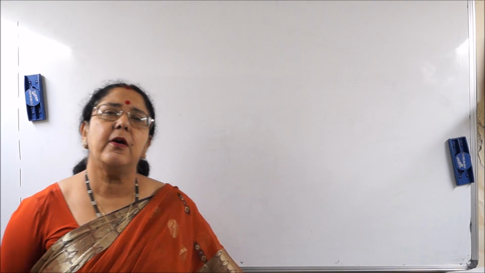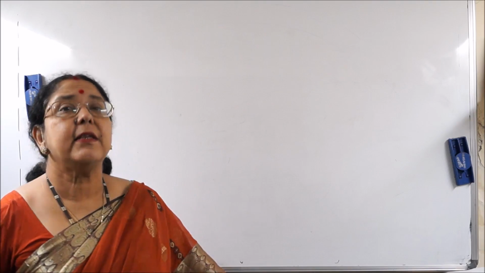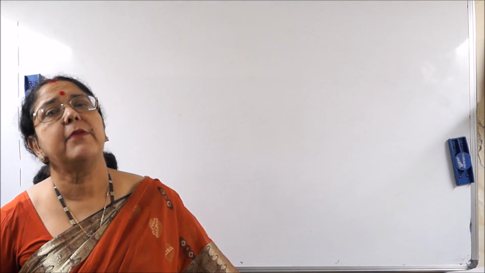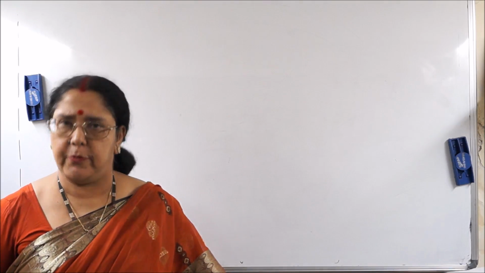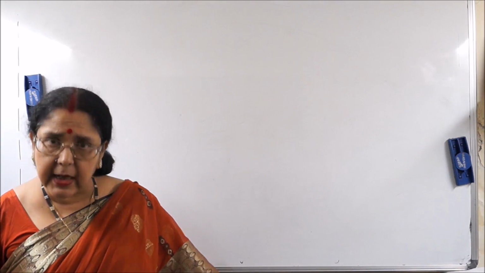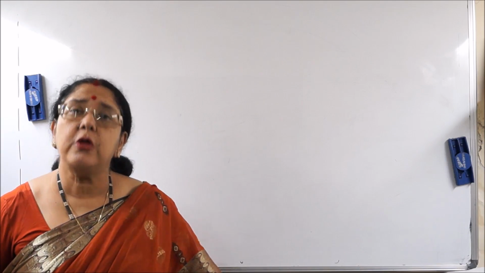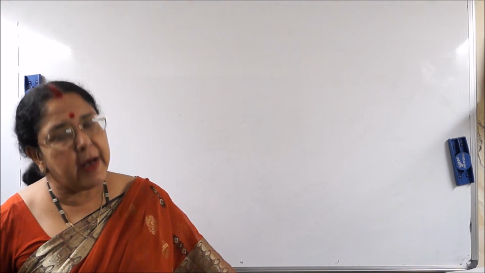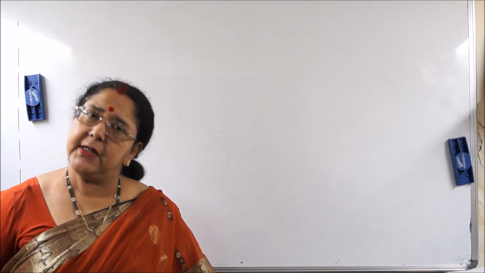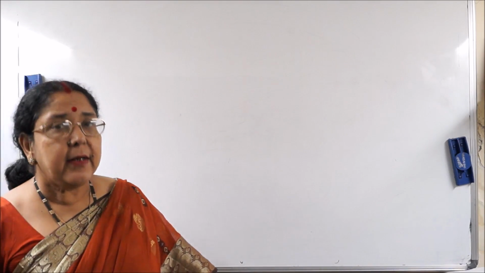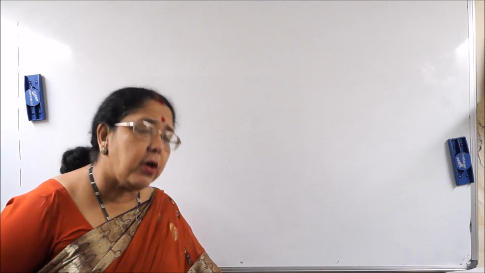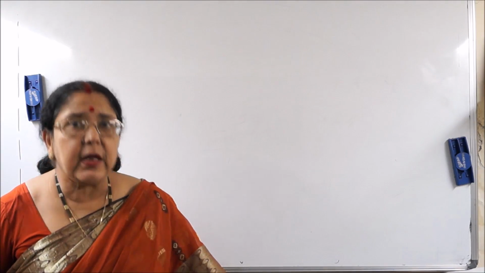Students, let us now start discussing the next theorem, which is a converse to the theorem that we have done in part 1, chord properties. The theorem that we did in part 1, let me say once again: the straight line drawn from the center of a circle to bisect a chord is perpendicular to it. We have seen that it is true, we have proved it. Now we will be learning a theorem which is actually the converse to the theorem that I have stated.